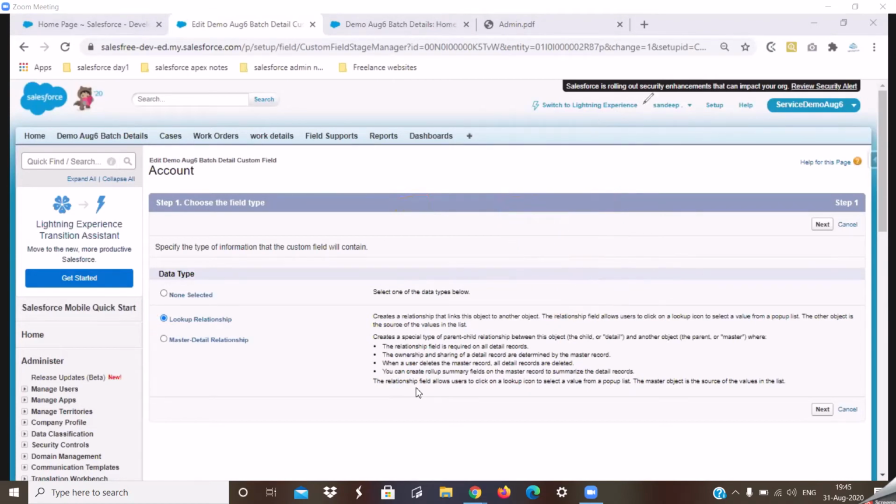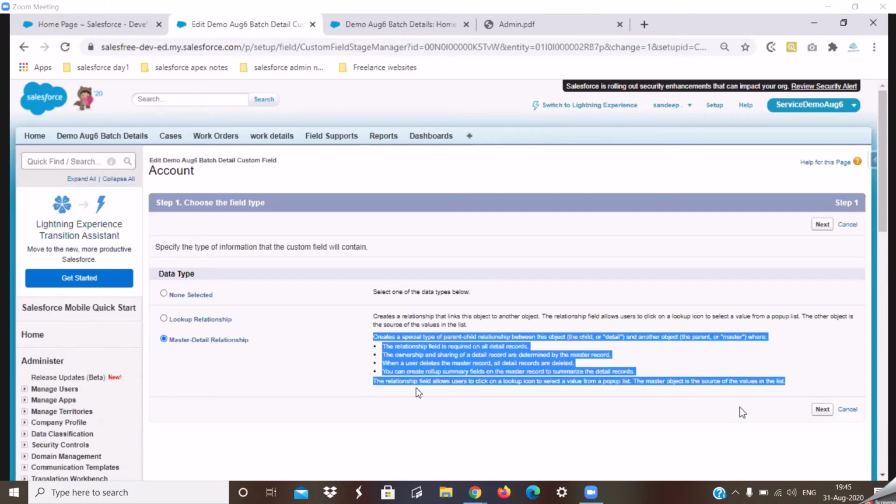Since I've already selected a lookup relationship, what Salesforce is suggesting is, currently you are using this field data type as a lookup relationship, and these are the options that you can convert to. The only option I have as per Salesforce is to convert into a master detail relationship. So I'll be converting into a master detail relationship. My thought process is to convert a lookup relationship that already exists in the system into a master detail relationship. Alright, there is some info given to us by Salesforce.